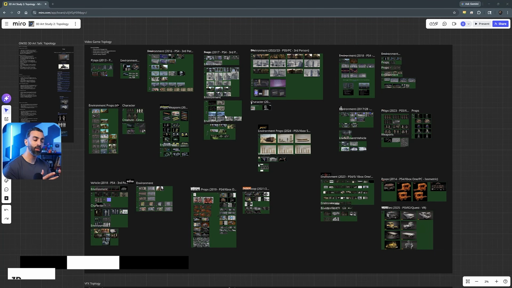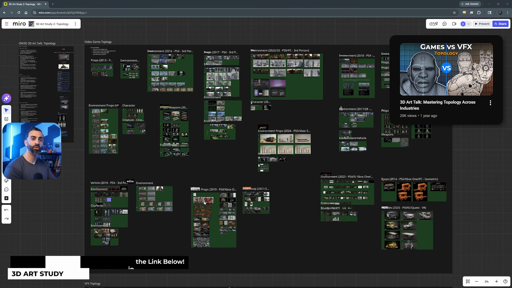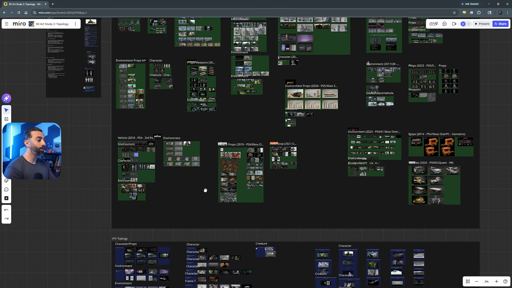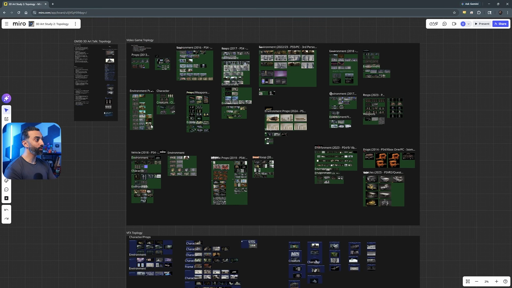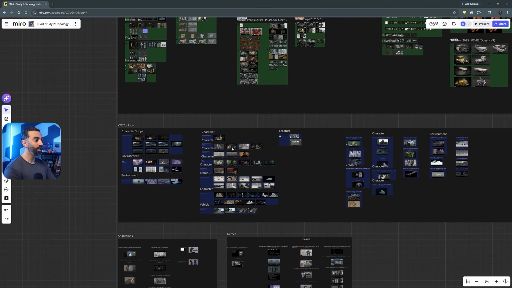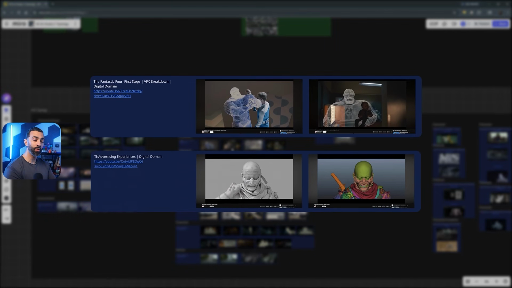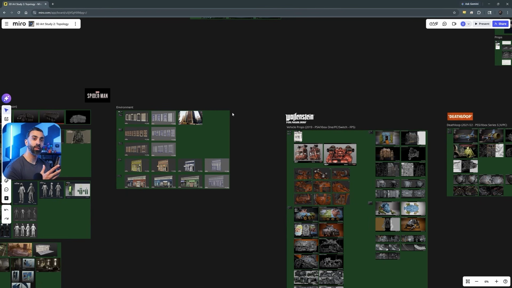So what I've done here is build on top of the mood board from my 3D art talk about topology across industries. This is a fully online living document. I am constantly adding more to this, showing more examples, and I've broken it up by video game topology, VFX, animation. It includes references from YouTube videos, behind-the-scenes breakdowns, ArtStations, to be able to study from this as a